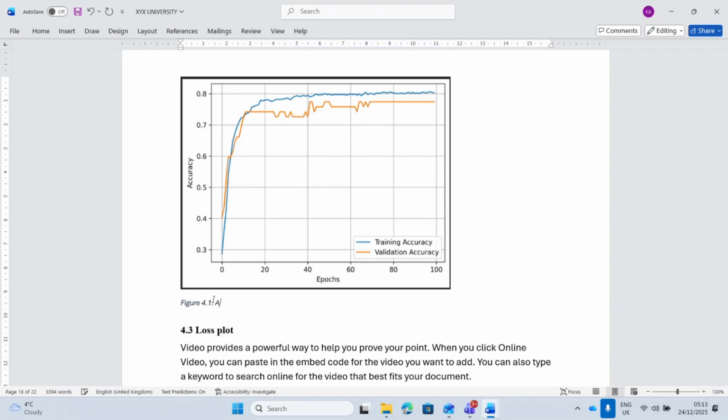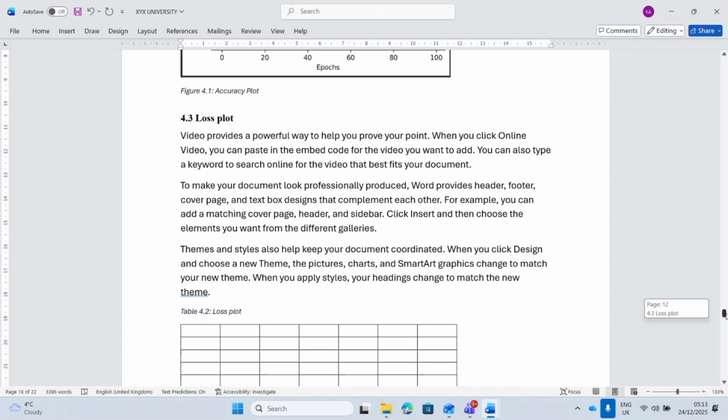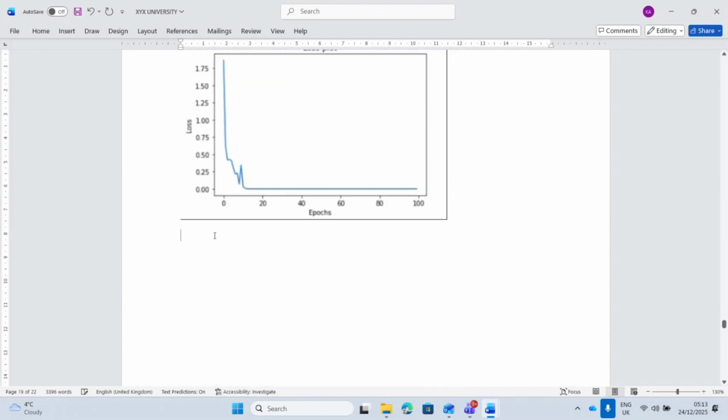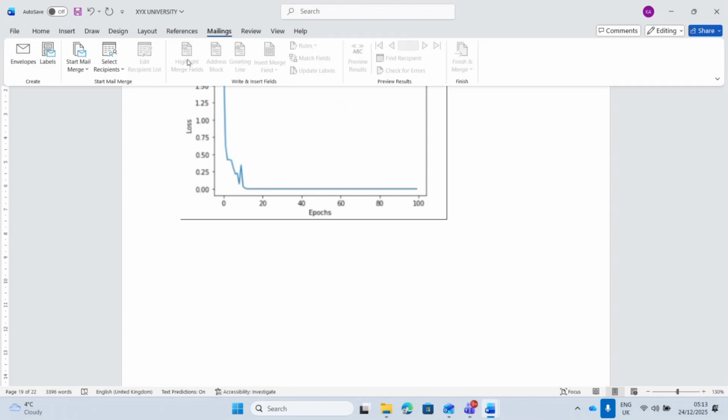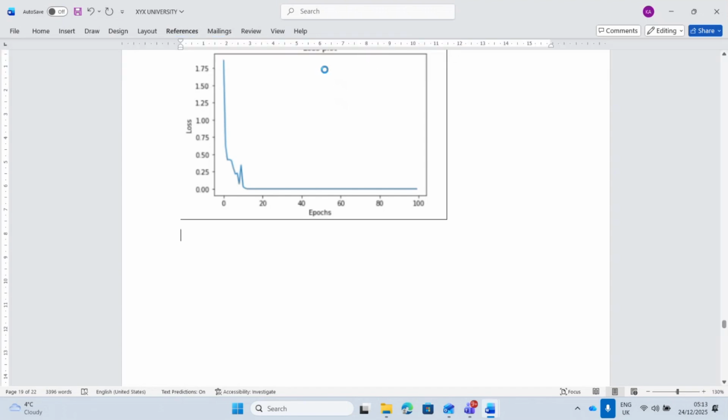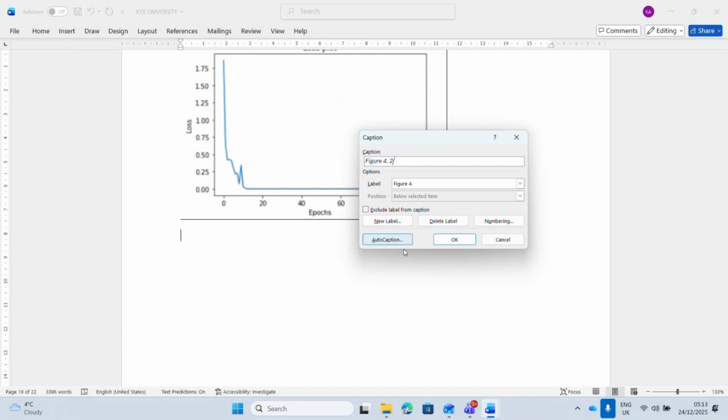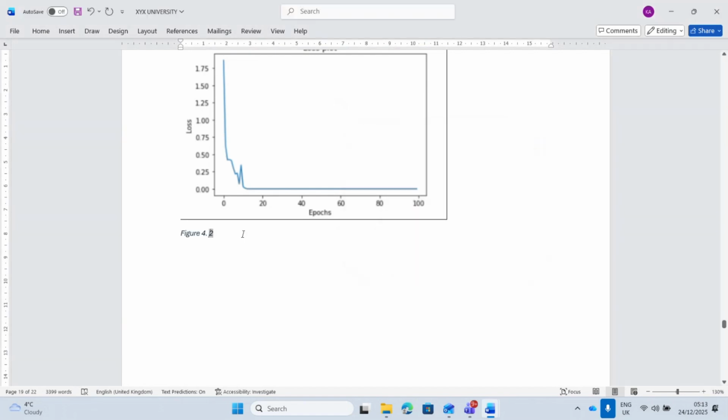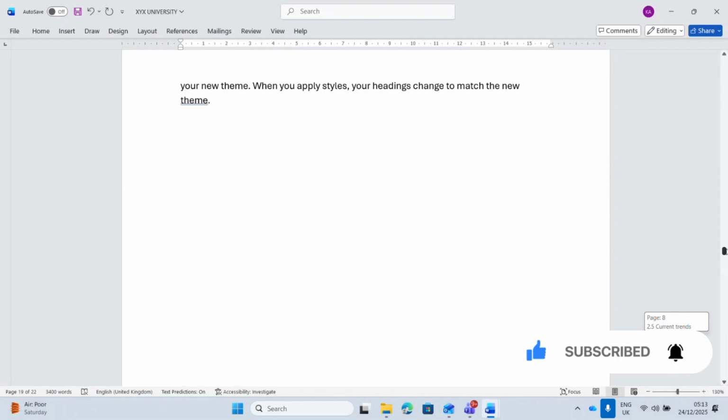And then type in accuracy plot. And the last one should give me figure 4.2. So OK. And then I come in here and I type in the loss plot. So as I've managed to number my figures and tables, let me generate a list of figures, list of tables